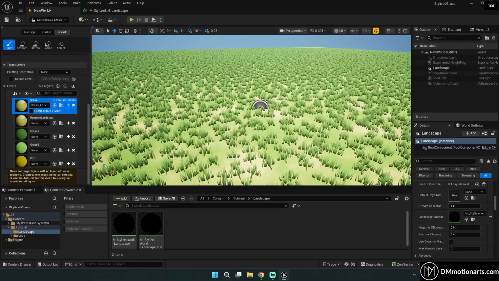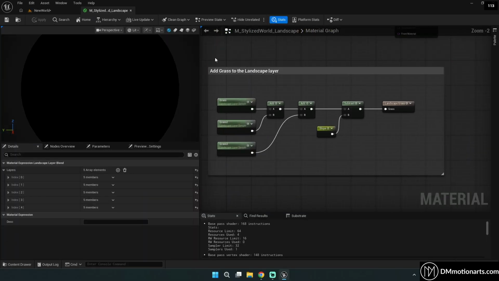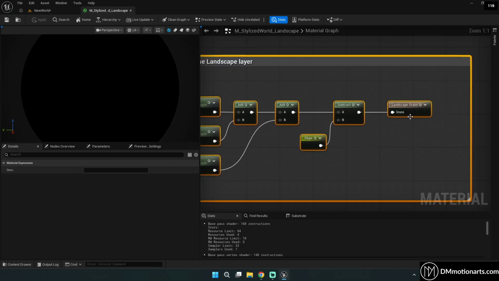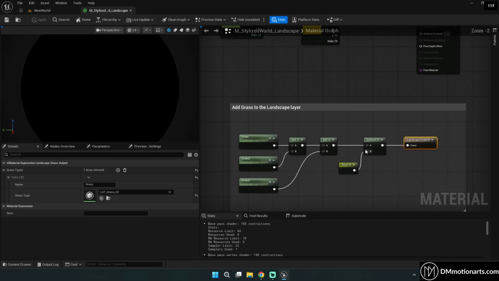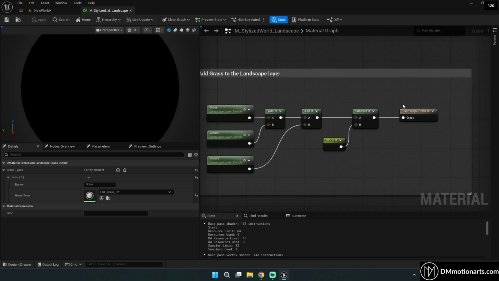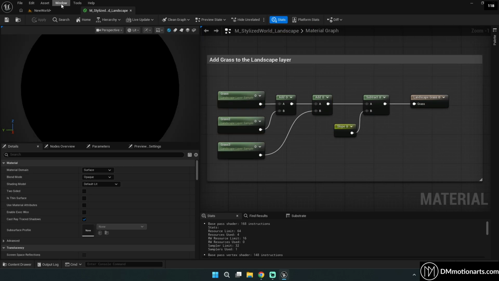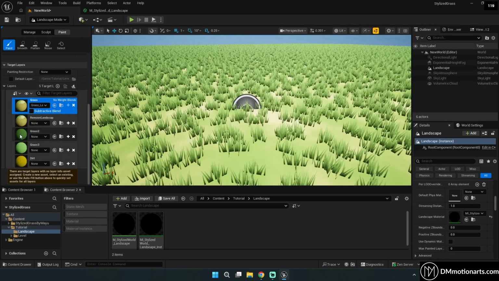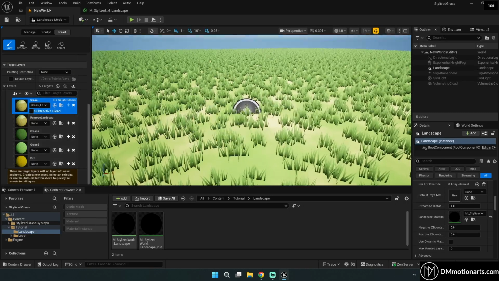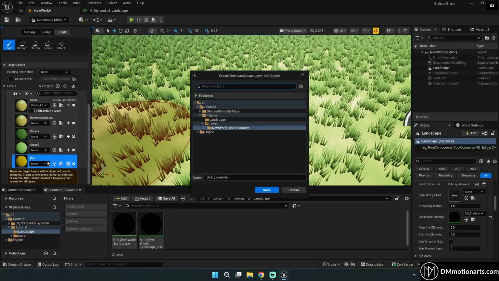So you could see as soon as I painted the grass, it automatically adds this grass wherever I painted, and that is handled by this one. You could see that I'm using this landscape grass node, and what we are saying is that wherever the layer is grass, add it. Same with grass 2 and grass 3, we are adding all of this, so that wherever we paint grass, grass 2 and grass 3, it will show this grass. If I do this for the dirt layer,